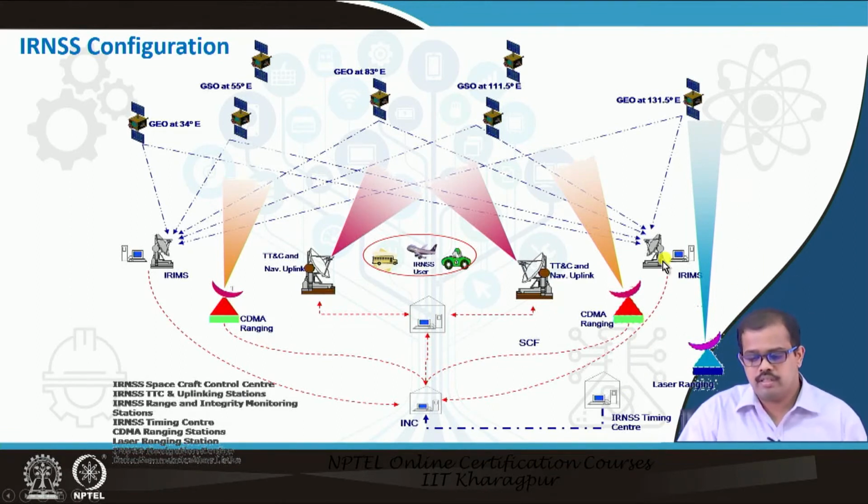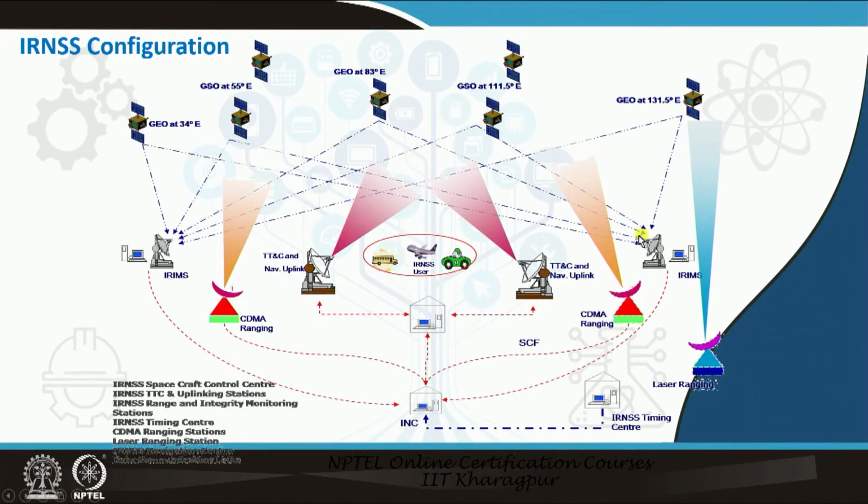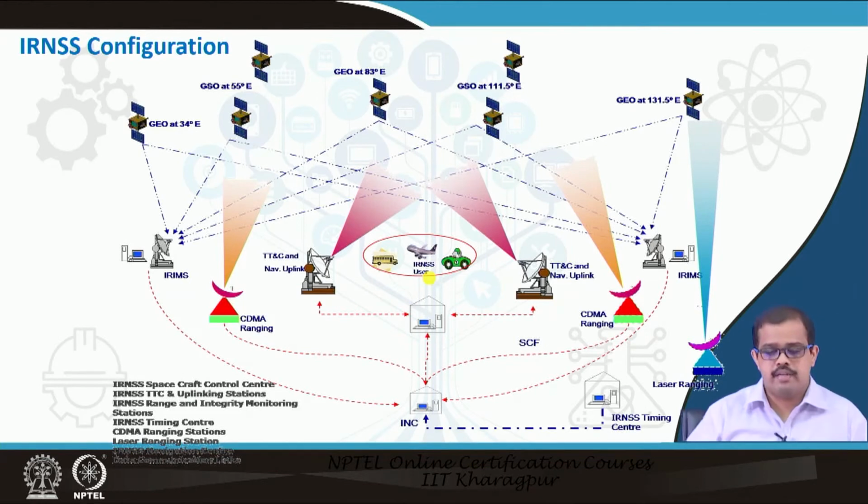And then you have the CDMA ranging, which plays a very important role in terms of corrections and the network coverage. With this, there is an upload link which uploads to the satellites. Once it uploads to the satellite, all those signals are corrected, and the corrected signals are then beamed to the user segments for any applications. So this slide gives you the entire configuration of how the IRNSS works and how it is being implemented over different regions across India and its neighboring countries.